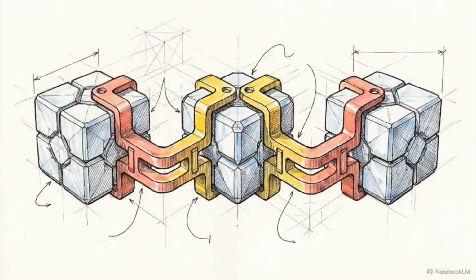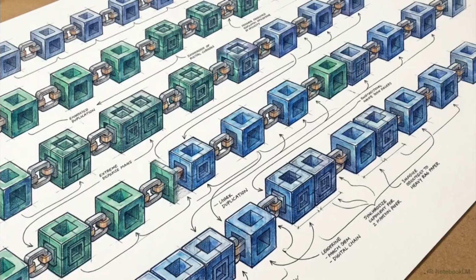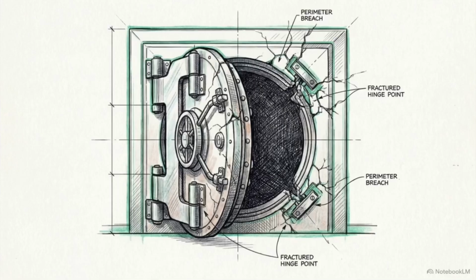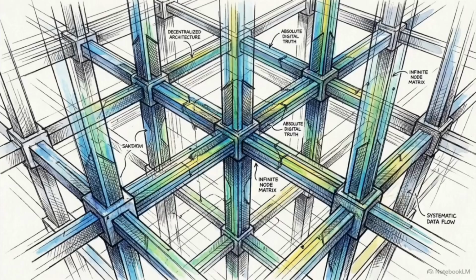At its core, a blockchain is simply a secure digital record book. Information is stored in connected blocks, shared across many computers, and nearly impossible to tamper with. We are moving away from trusting vulnerable central authorities to guard our data and relying instead on a decentralized architecture of absolute digital truth.